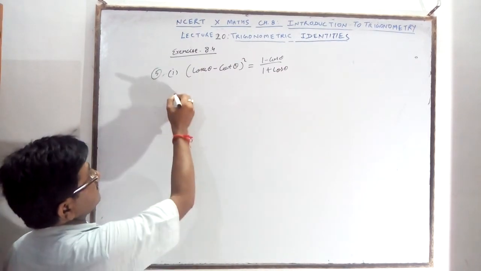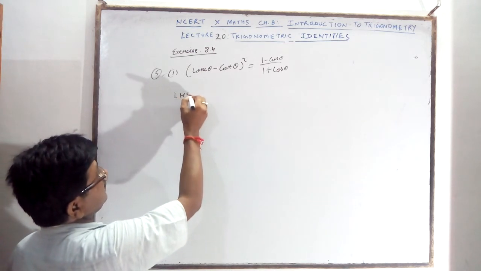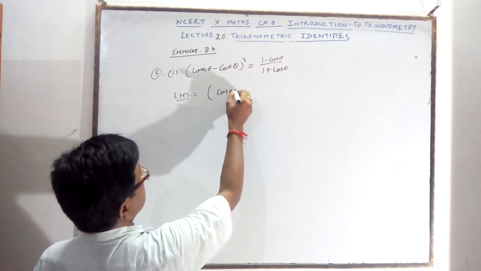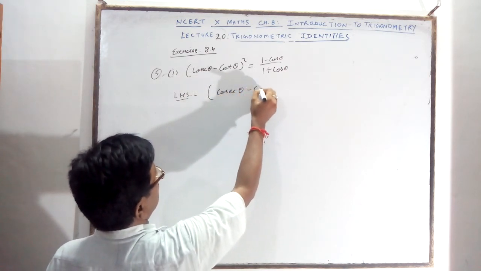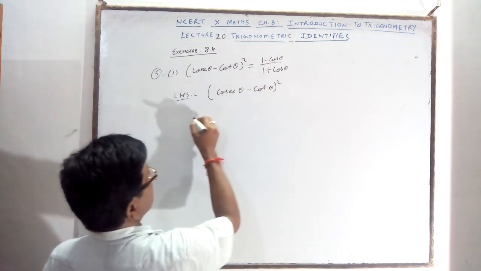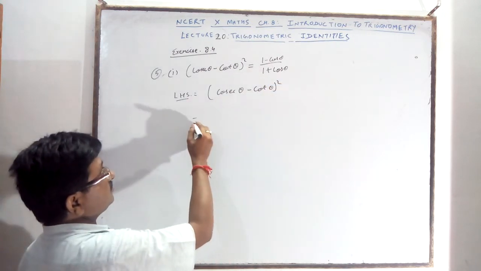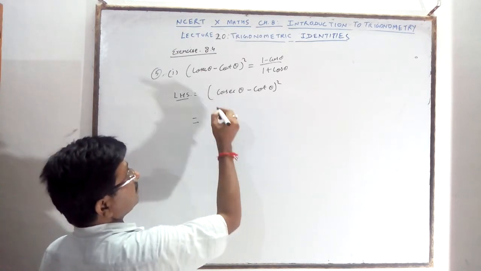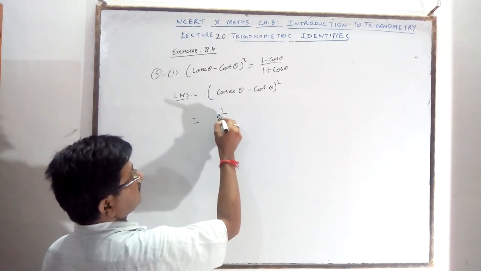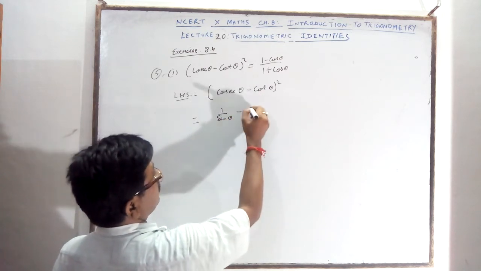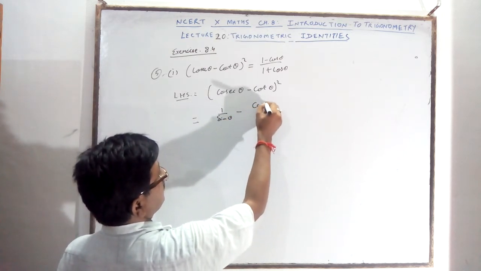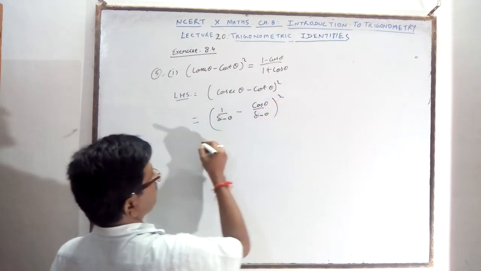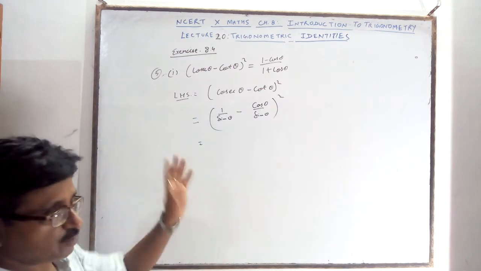You take the LHS, apply your mind, think what you can apply and get the relation. Cosec theta minus cot theta. You want cos, so you change it into the basic identities, sin, cos, tan. Cosec is 1 upon sin theta, minus cot theta, which is cos theta upon sin theta. It is whole square. Other methods also: from the right side you can also prove the left.